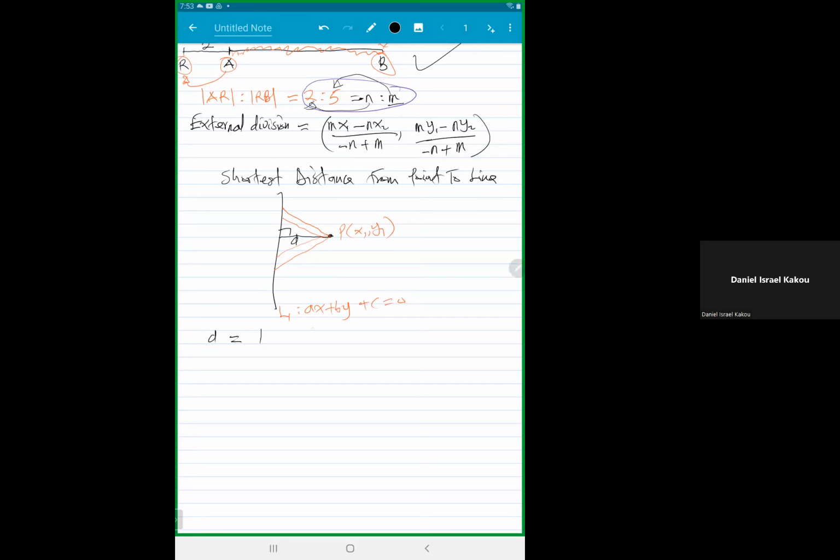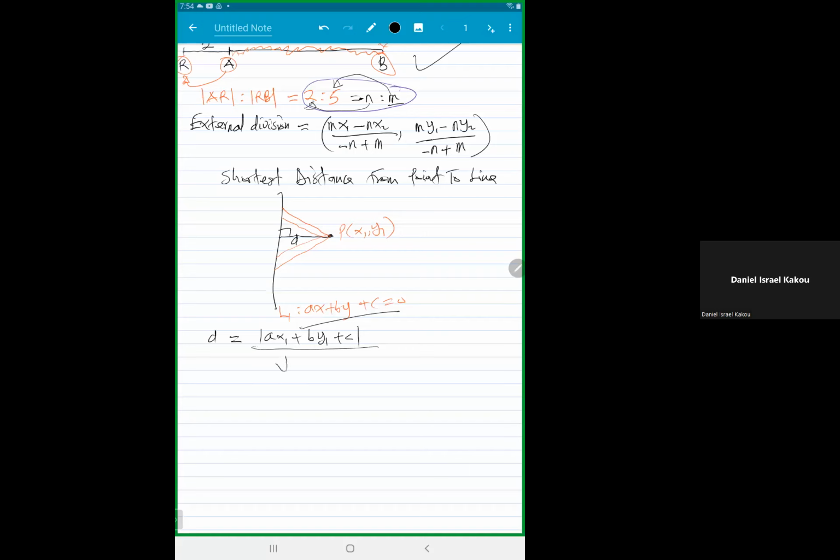So the equation of the line we just had was AX plus BY plus C. If I want to evaluate this using the point P, it means wherever I see X, I put the X coordinate there. Wherever I see Y, I put the Y coordinate there. And I still take the absolute of it. So X is the X coordinate, so I put X1 there, plus BY, Y is the Y coordinate, so I put Y1 there, plus C. So it is basically me evaluating the equation of the line I was given,